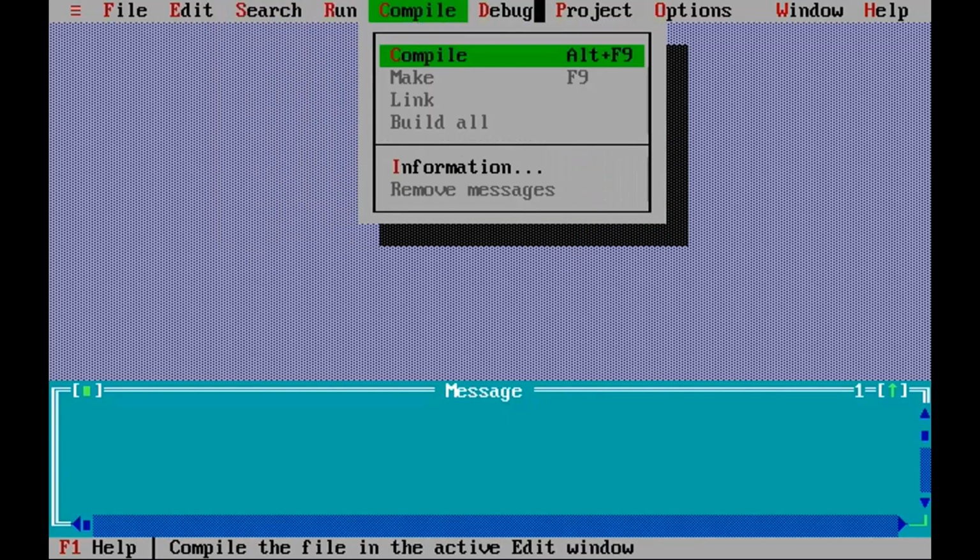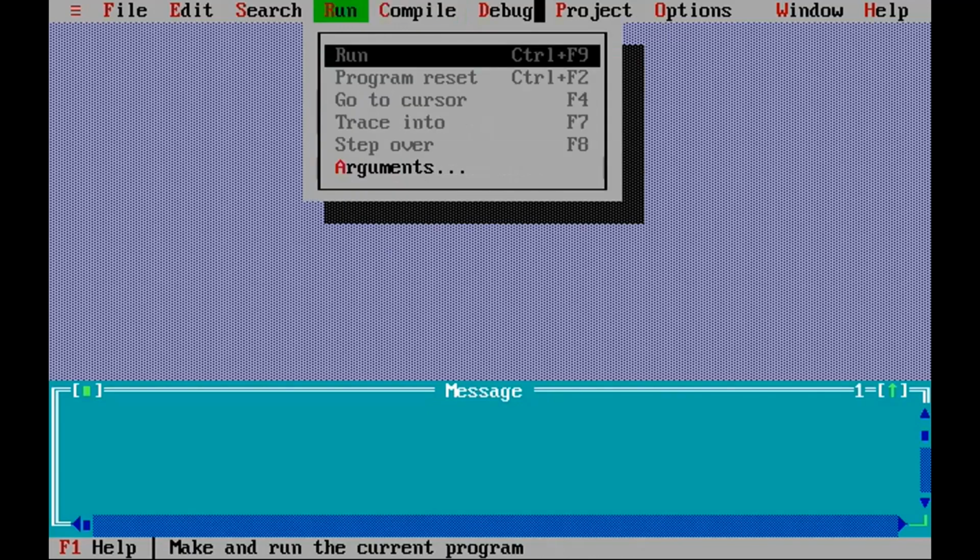Then another useful menu is the Compile menu, where the first option is Compile, and the shortcut key is Alt F9. After saving your C program file, the next operation you have to do is this compile operation, and for that you will use this Compile option in the Compile menu. Once your program is compiled successfully, the next step is running or executing the program.